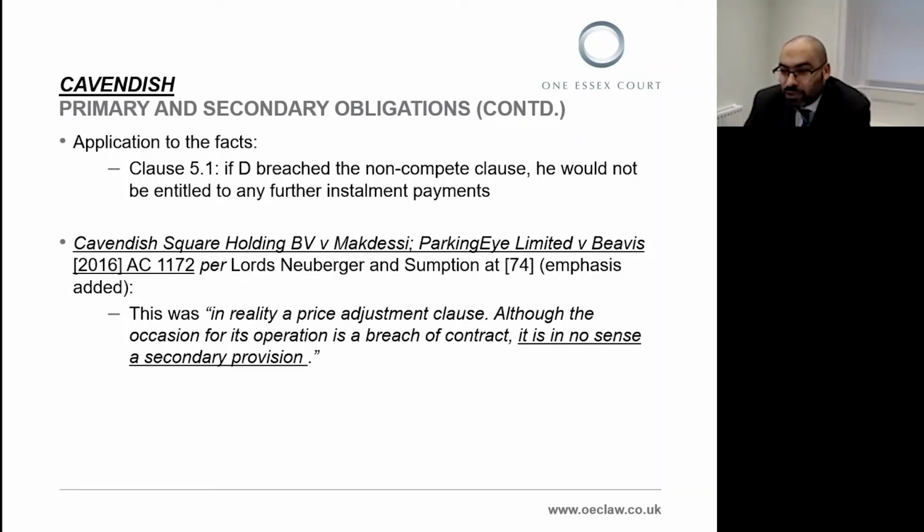But for our purposes, really the key distinction is between primary and secondary obligations, and there is real uncertainty and difficulty in distinguishing between those. It's something that reasonable people can disagree on and Supreme Court judges can disagree on. So this is not something that is easier. And we'll come back later to practical drafting tips about how you can try and spell out that an obligation is primary. But frankly, it's easier said than done, and Cavendish really shows that.